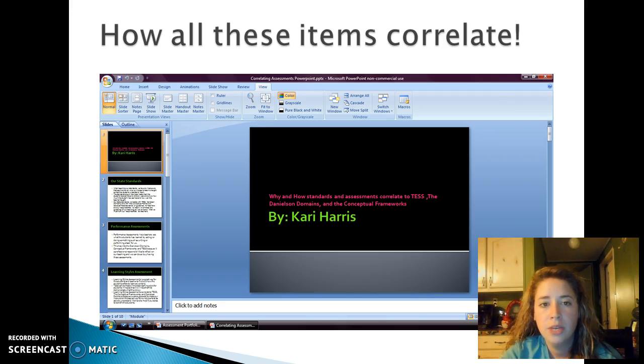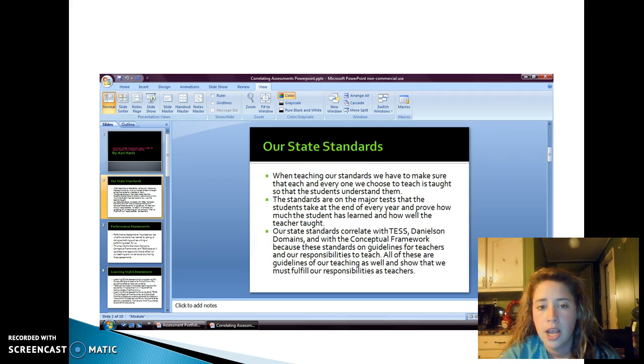And then we did how to correlate all these items, and this is just showing you my PowerPoint that I made to explain what each one of these were and how they correlated to tests in the Danielson domains and the conceptual frameworks. For our state standards, I said what they are and what we use them for, and how they correlate with tests, Danielson domains, and the conceptual framework because these standards are our